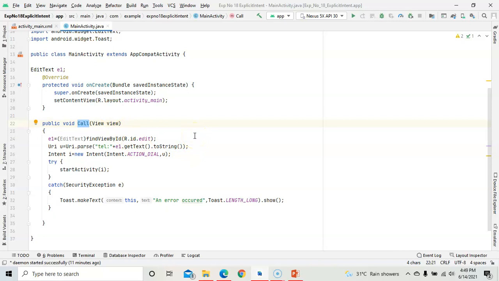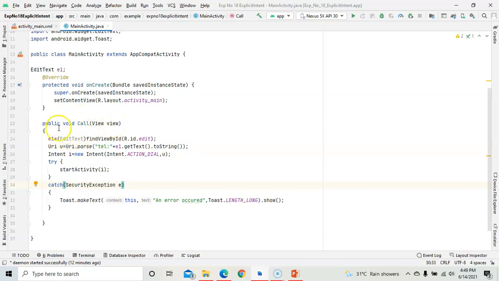So here I have created an object of edit text that is E1. Because we are using the on click call method, here we need to declare the method public void call. Call is the name of my on click, and View is the class, and view is the object.